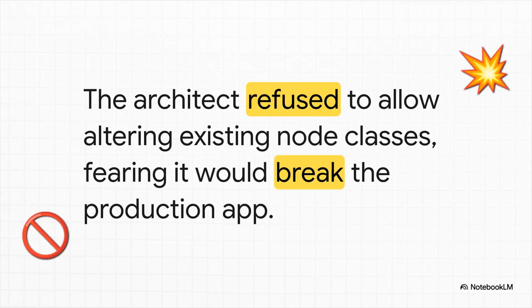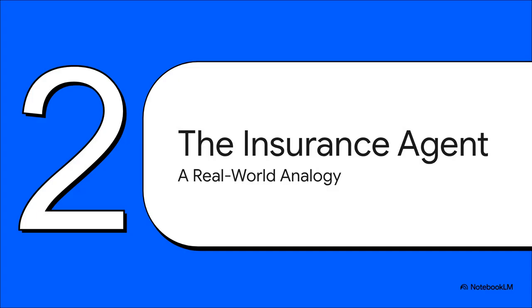Well, here's the catch. You go to your architect, all ready to add your new methods, and they just put up a wall, a flat no. They argue, look, this code is in production, it's stable, and jamming in new XML export methods directly into these core classes is just way too risky. One little bug could ripple out and bring the whole system crashing down. So, how in the world do you add this new XML export behavior without actually touching the code you're not